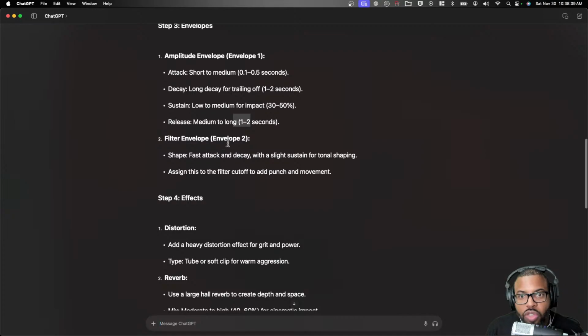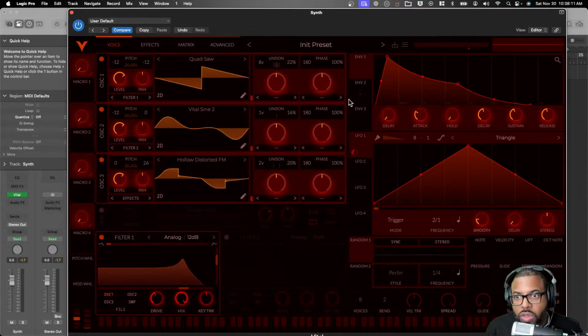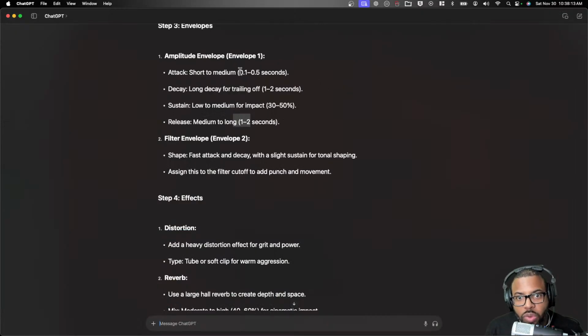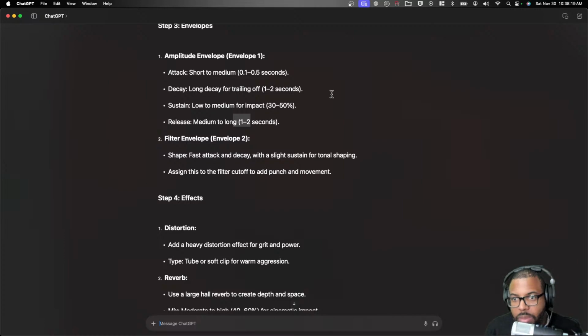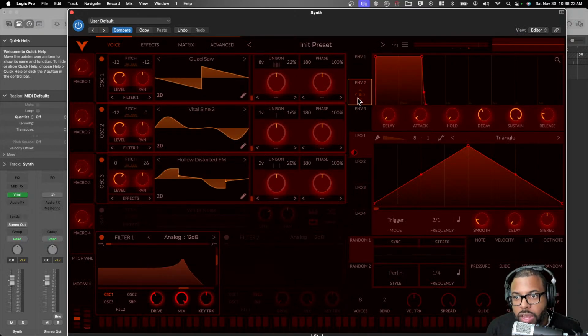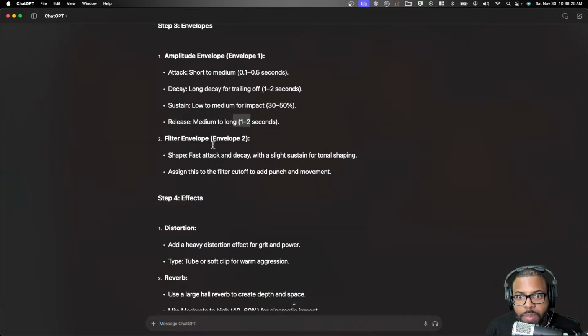So filter envelope 2. That was envelope 1. This was amplitude envelope. I actually didn't do filter envelope. So that's envelope 2, but this is filter 2, but not the envelope. So let me find amplitude envelope 1. That's envelope 1. This is not a filter envelope, but